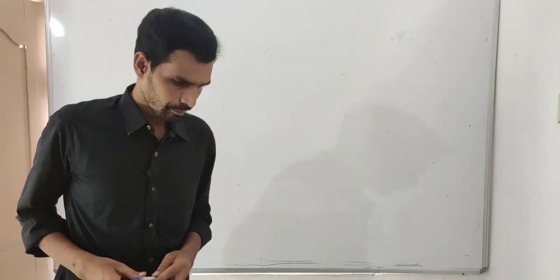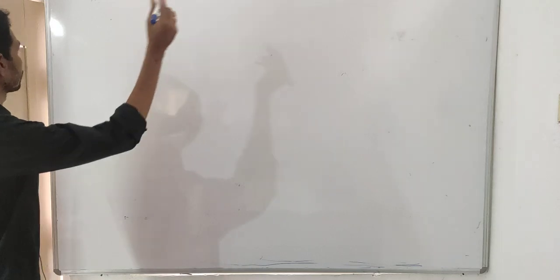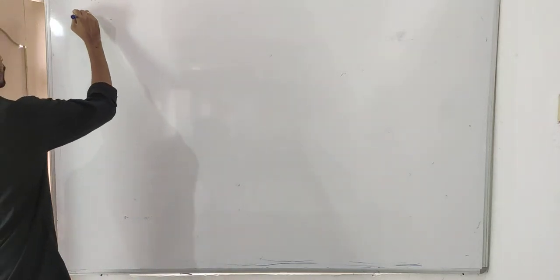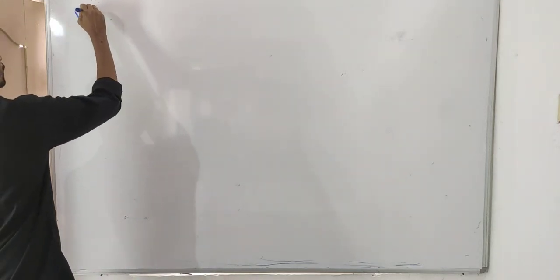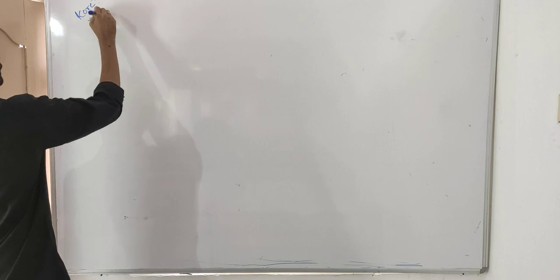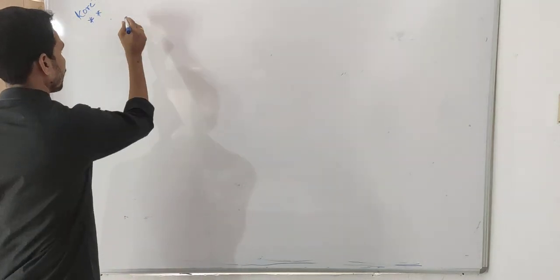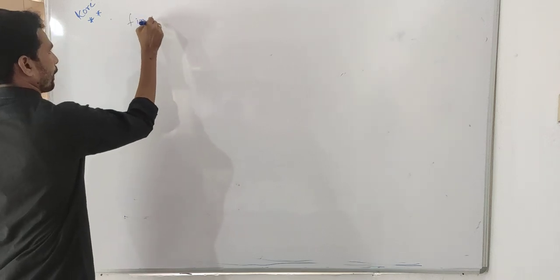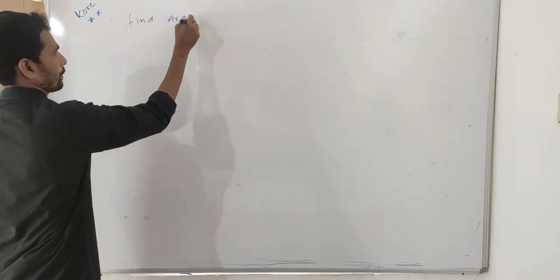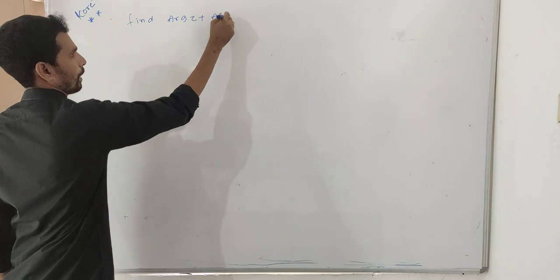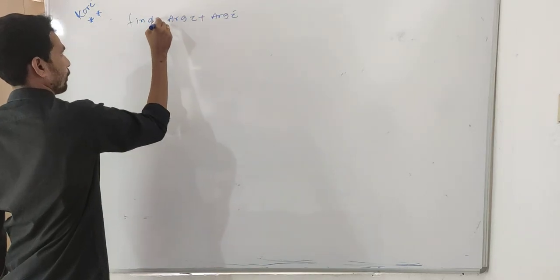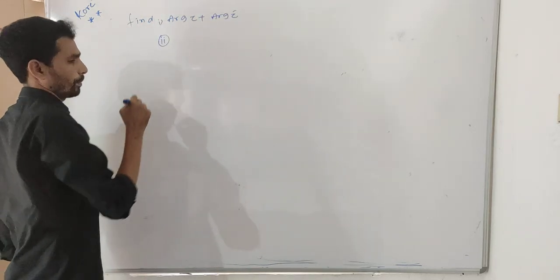If z is a complex number, then find arg z plus arg z bar value. First problem. Second problem,